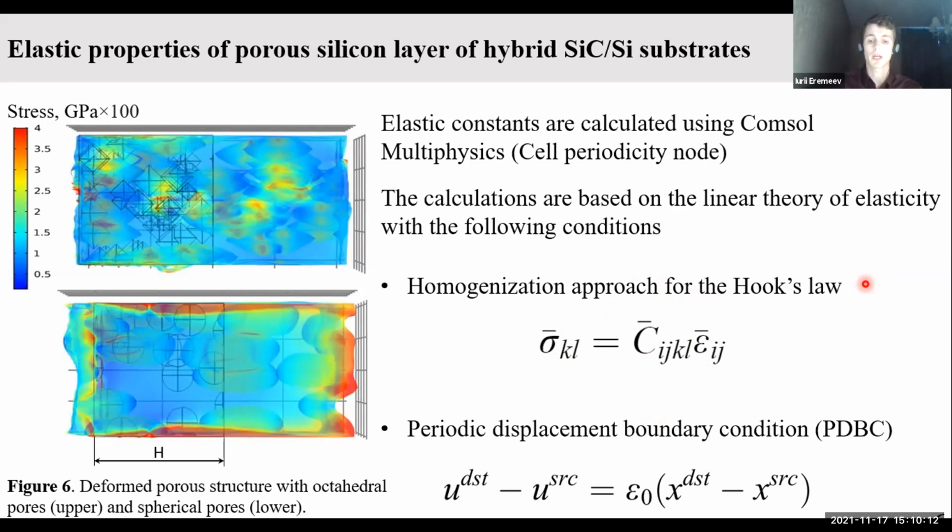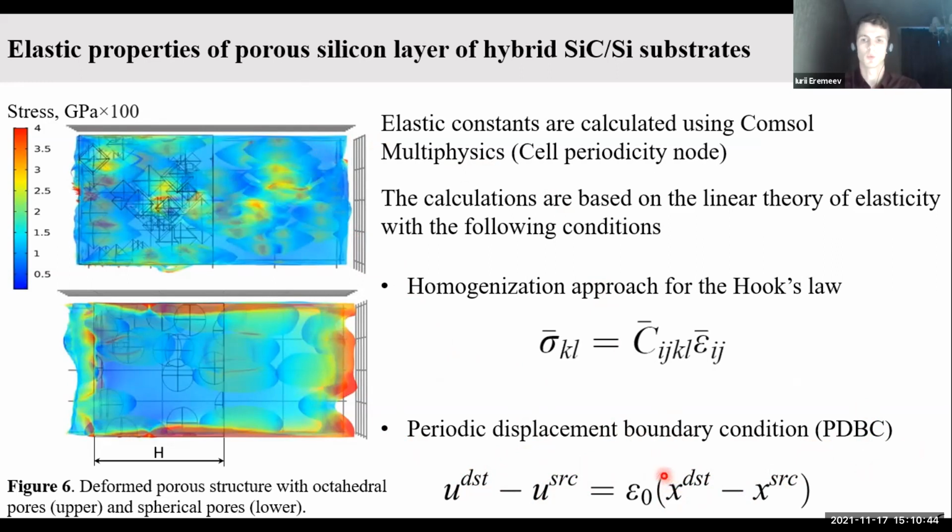To find the matrix, the opposite faces of the cube are successively subjected to deformation. The displacement of the cube faces takes into account the periodic displacement boundary condition, where the subscripts denote the opposite faces. U is the offset, X is the